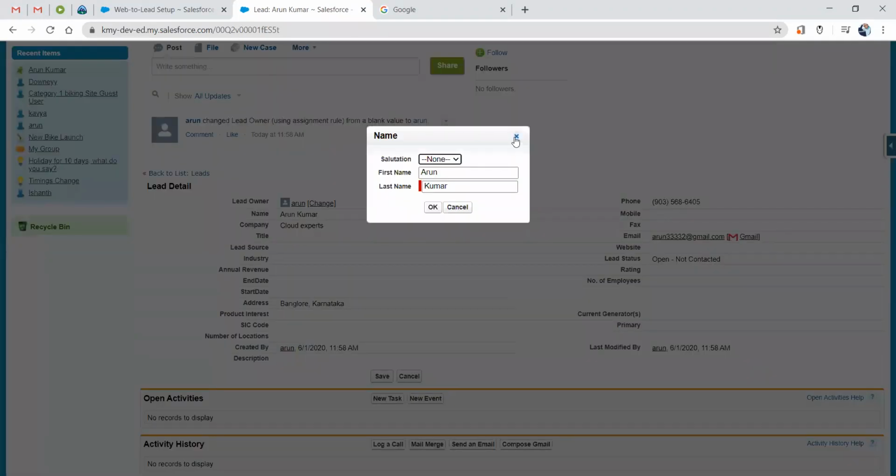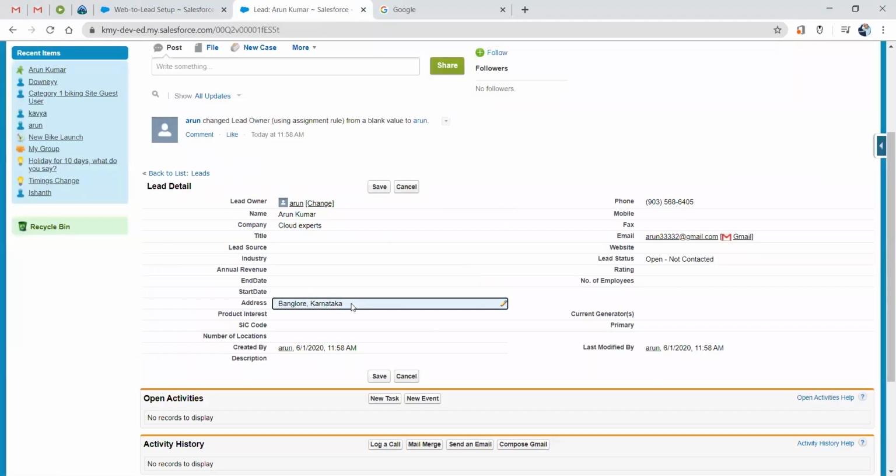It is first name, last name, address, that is nothing but your state and city, and email ID. So these basic details, whatever I have included in my Web to Lead form, are all captured. So this is a simple way to create your Web to Lead form.